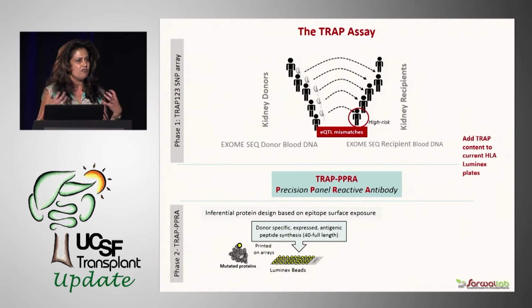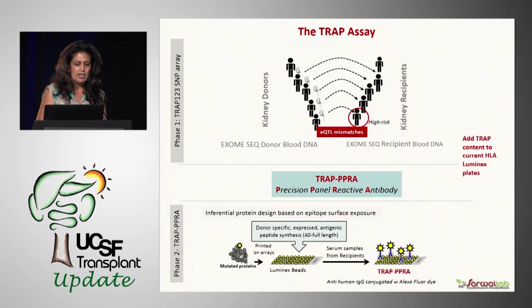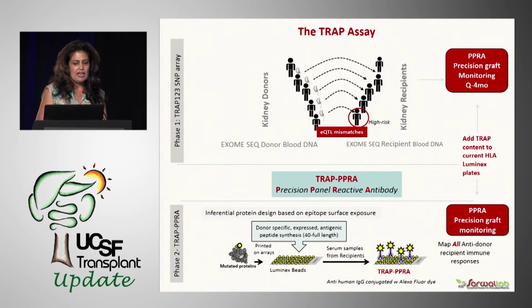So PRA plates that look for anti-HLA antibodies, we can enrich for these variants and have a beta version of that PRA plate, so that you can also have these additional non-HLA variants on the plate, so you can start to screen for antibodies to these variants. We would also be checking to see if they are complement fixing,